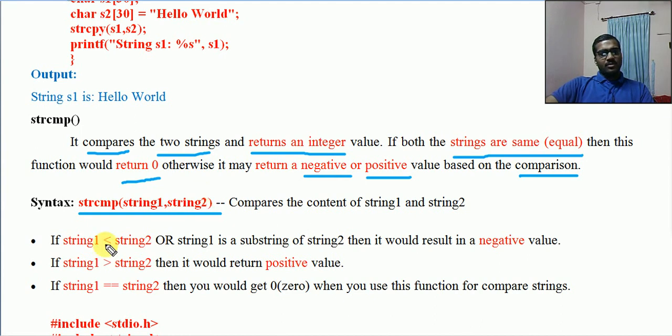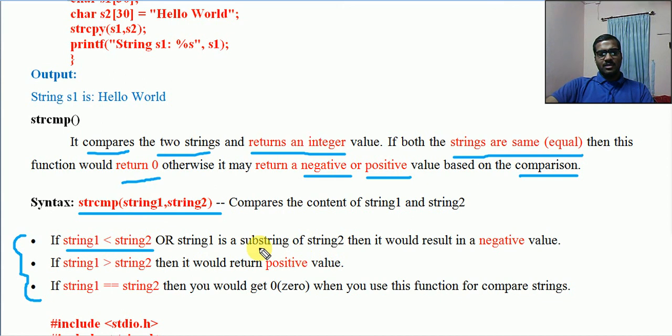Now let us see the other points also here. This is very, very important. If string 1 is less than string 2, how will one string be less than the second string? Implicitly, it depends on the order, alphabetical order. Strings can also be ordered. If string 1 is less than string 2, or string 1 is a substring of string 2.